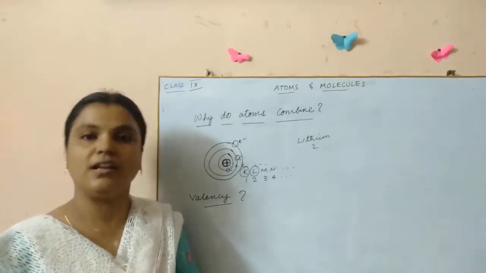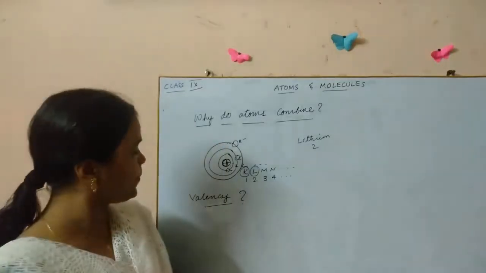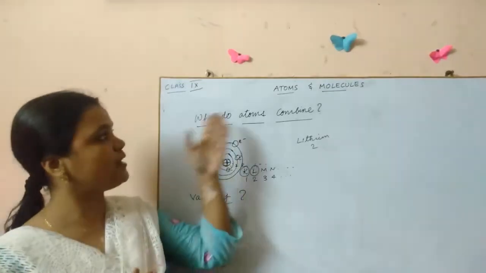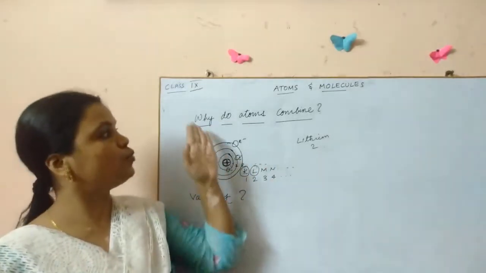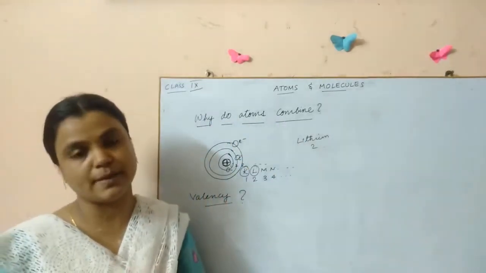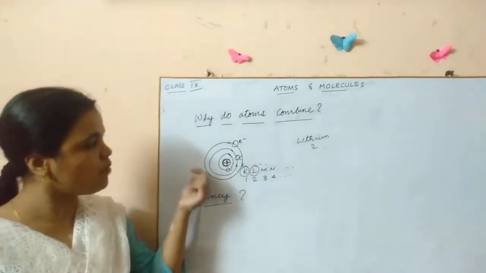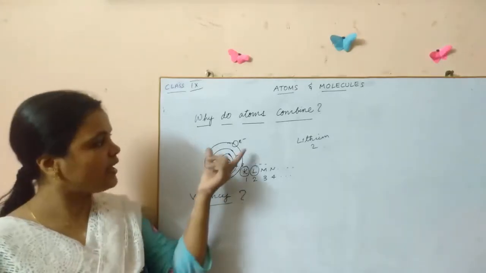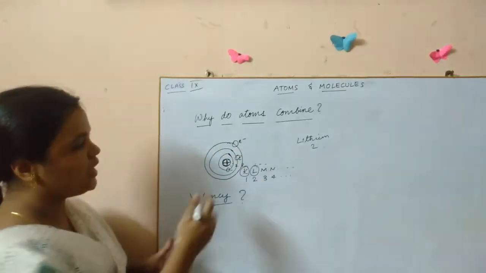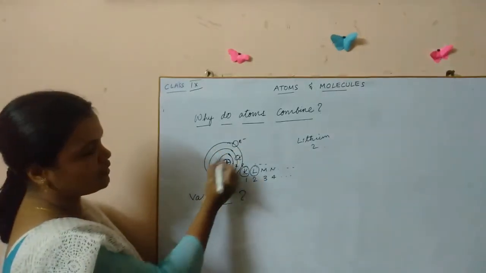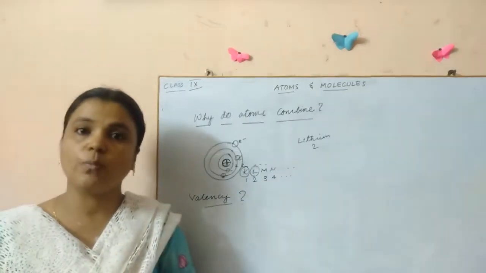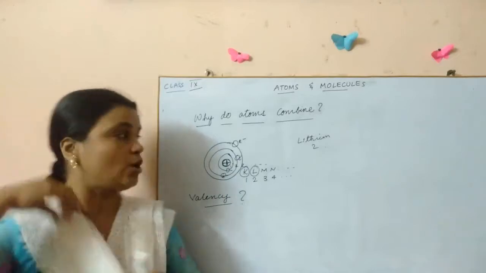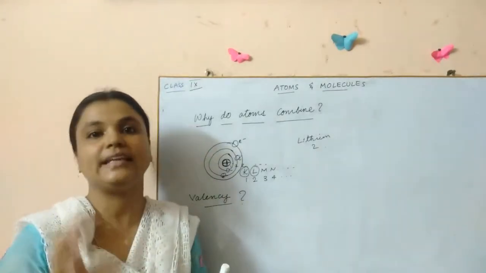You will learn it later in this chapter. First of all, what is today's concept? Today's topic is to know why these atoms actually combine. Now, there are elements with three shells, and in the outermost shell you find many electrons revolving around it, children. In order to understand this, you have to understand one more thing: how many electrons will be present in each shell.